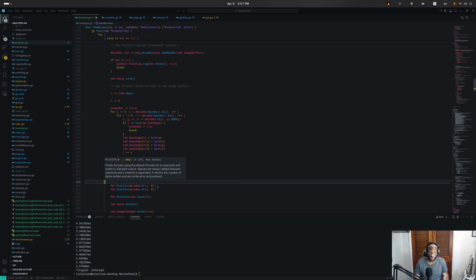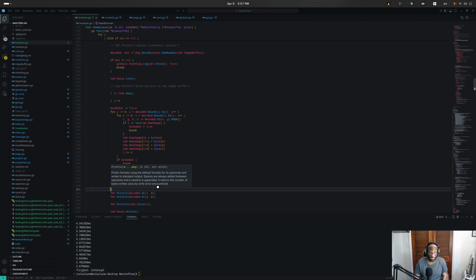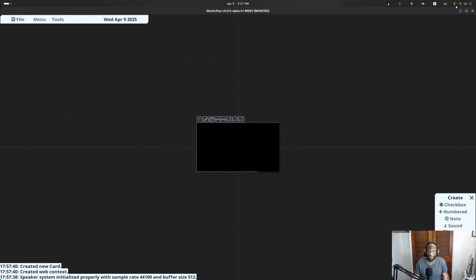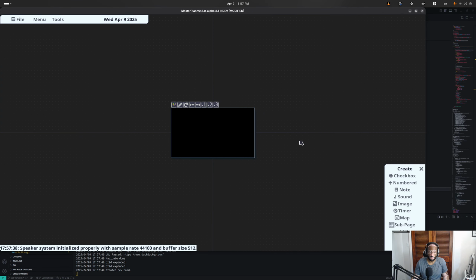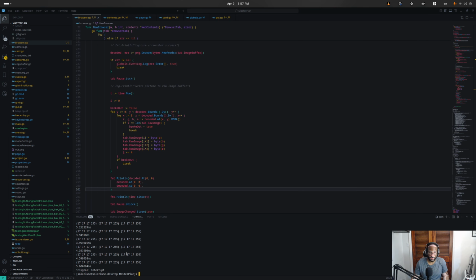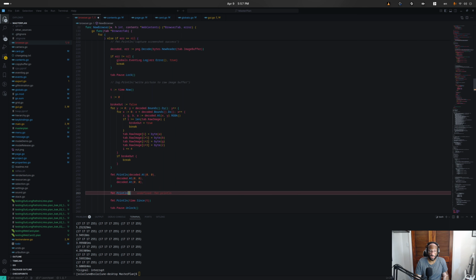I guess we can do it like this. Basically, I want to see if I can read the data using the decoded things like this, okay. And then I want to also see if we can read it manually, like